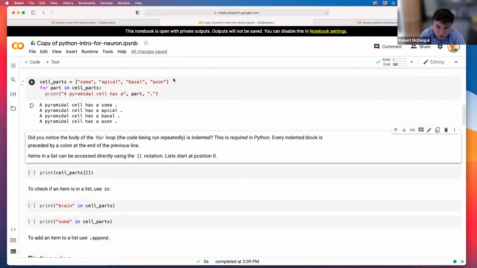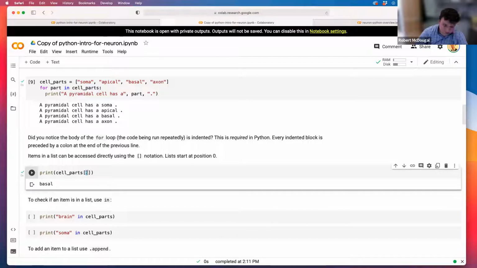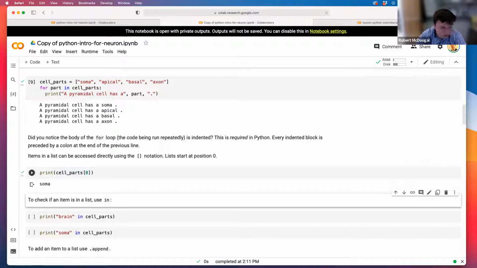But in most programming languages, notably not R or MATLAB, we start counting at 0. So it's 0th item, 1st item, 2nd item, or sometimes I like to say 0th item, 1th item, 2th item, 3rd item. So the 2th item is actually the 3rd item in our list. So it's basal. Let's try it. Print cell parts 2, basal. If you're wondering, what's the 0th one? Well, the 0th one is soma. That means the 1th one is apical,